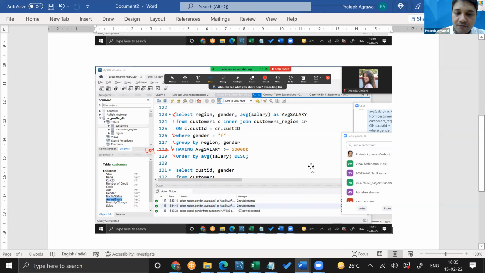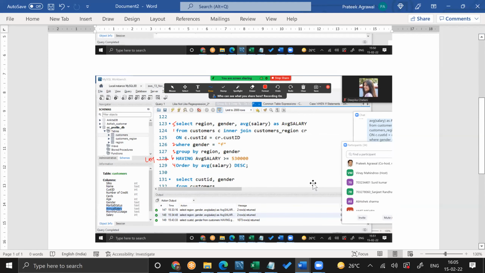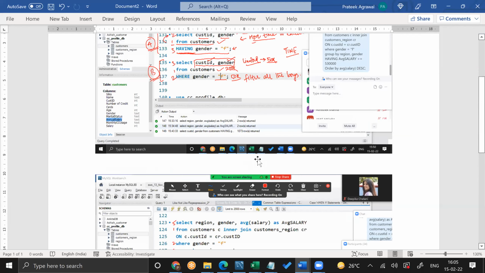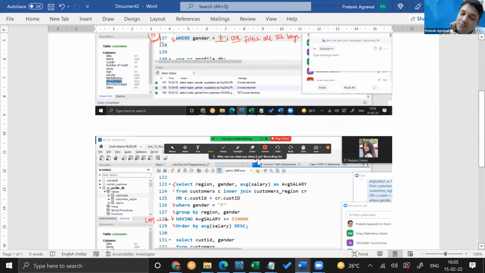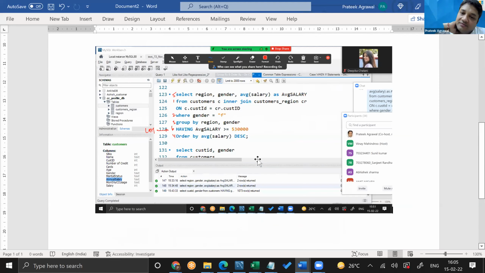Clear? And the sequence, Pratik, will be the same regardless of any database, like Oracle. It doesn't matter. That's the SQL protocol. It's like the grammar of SQL.